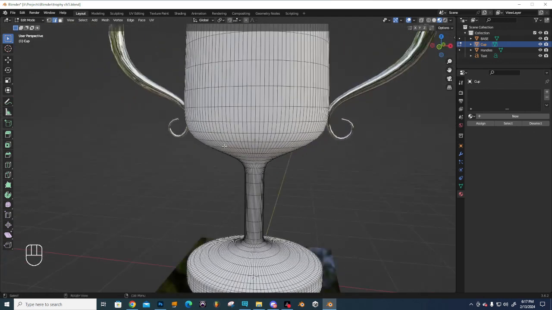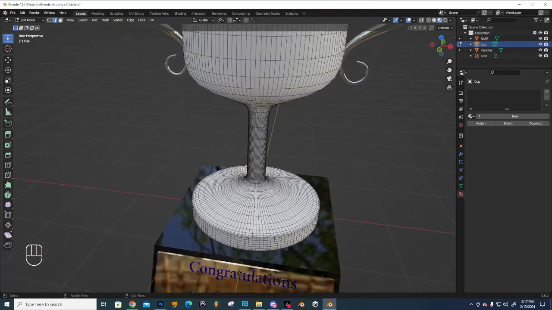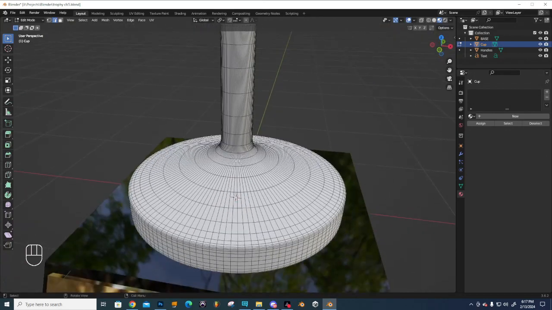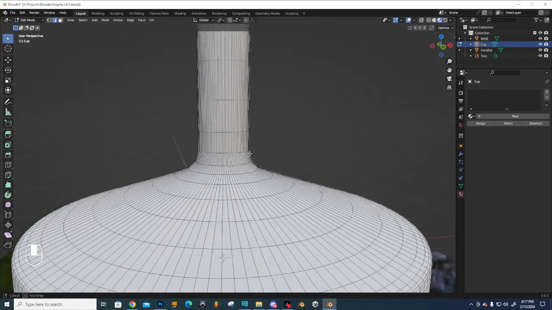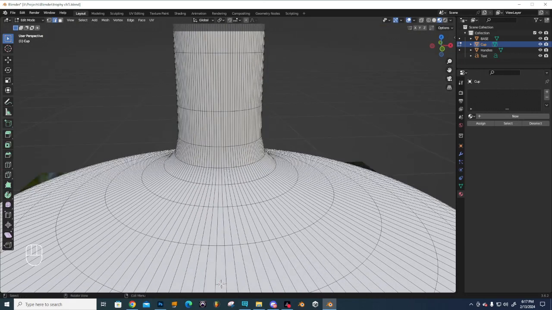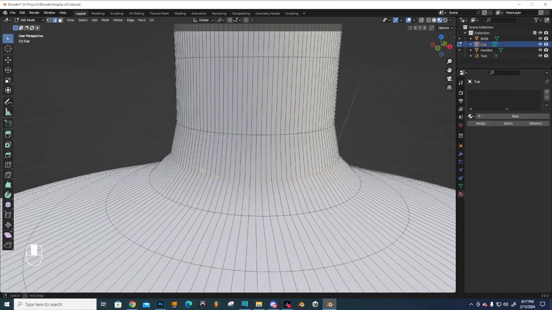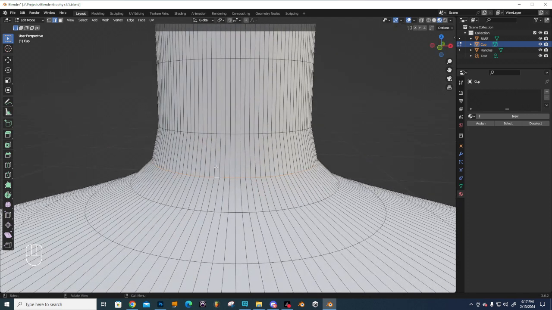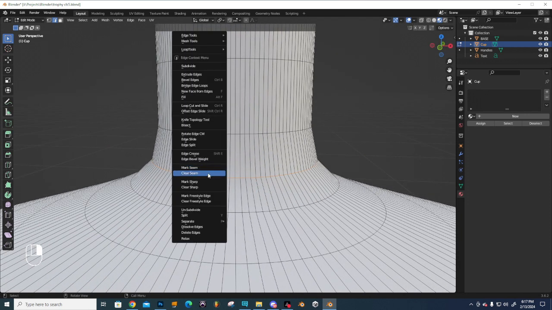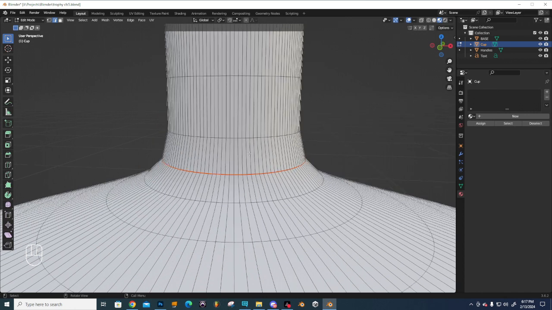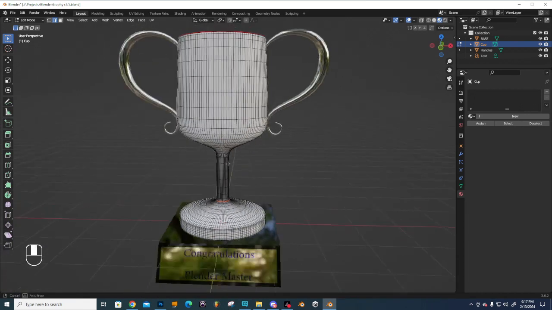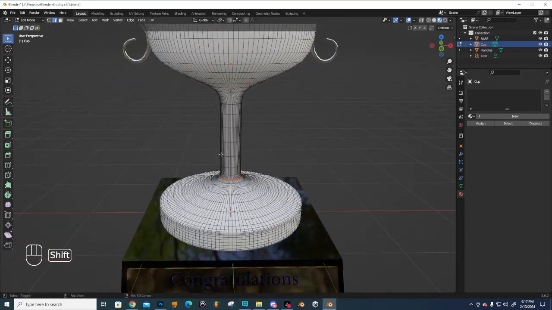Cool beans. So now let's go down here to the base of the cup, about right here, and let's select this line going all the way around. We're going to right click and go mark seam. So one at the top, one at the bottom,